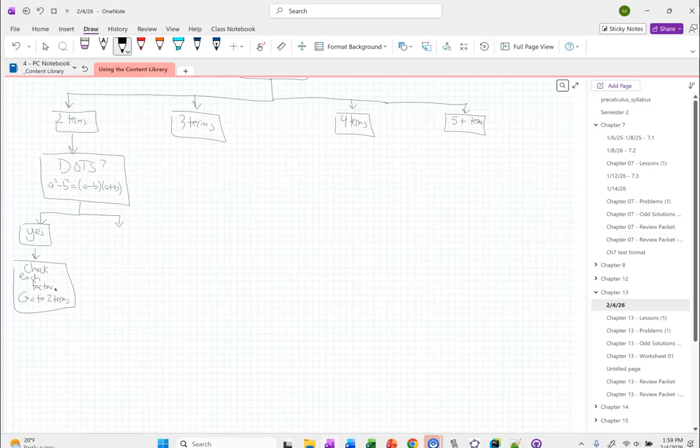Okay, so we came down here, it says yes, we get these 2 factors. We have to check each one of those then down the 2-term branch to see if there's more that we can do. If it's no,